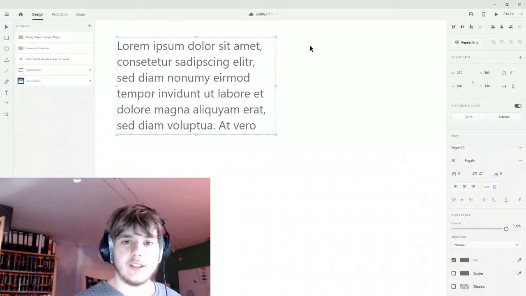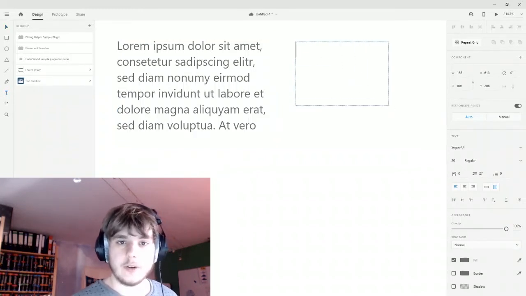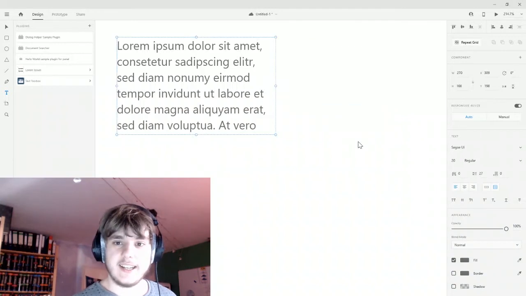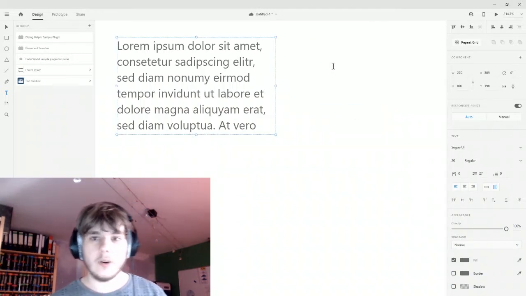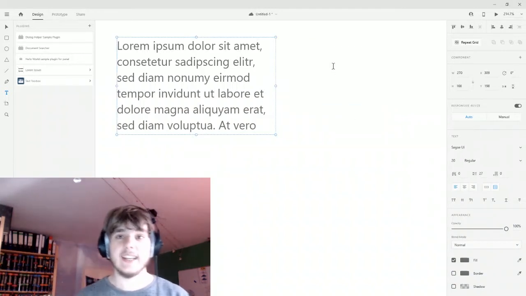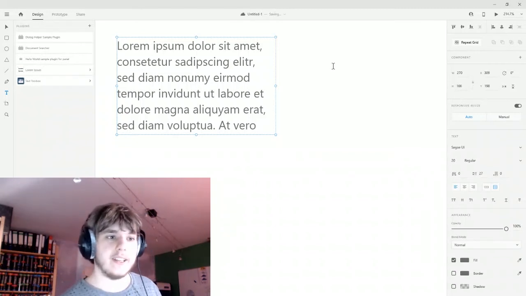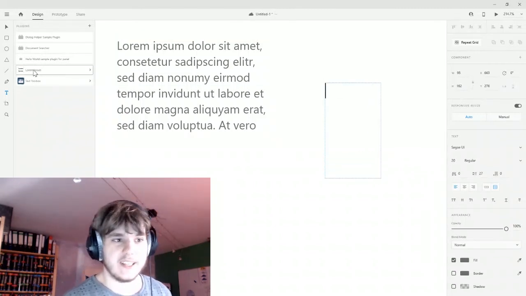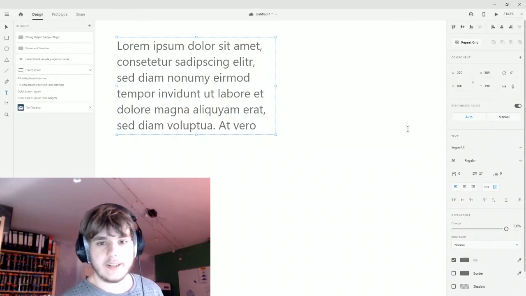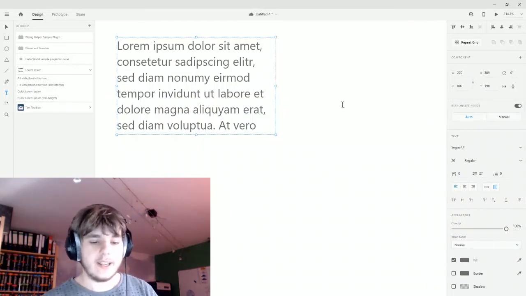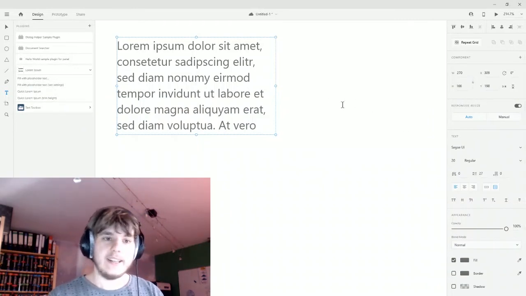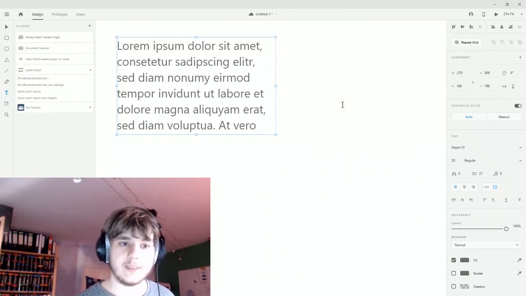This is because when you drag open the text area inside XD and click outside of it, when there's no content, XD will automatically delete this text area, meaning you can't just drag open this text area and try to run the plugin because the text area is already deleted by the time you open this plugin.